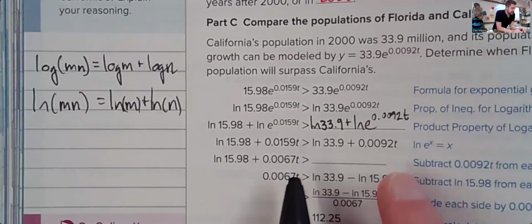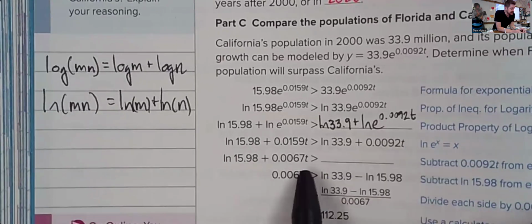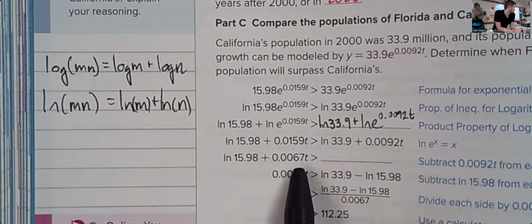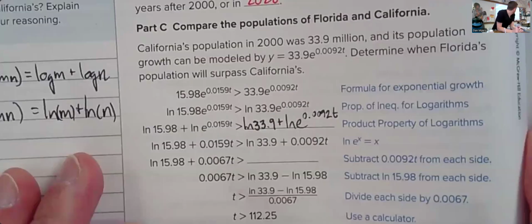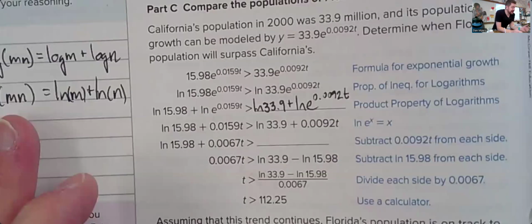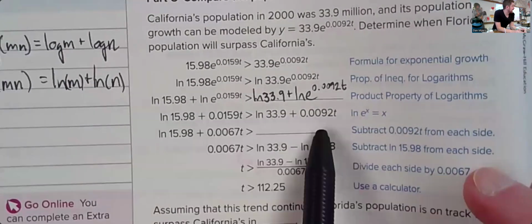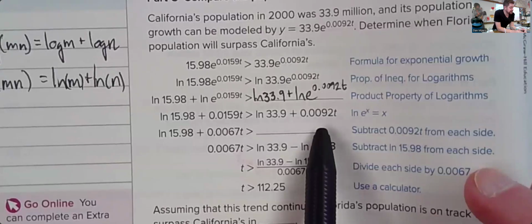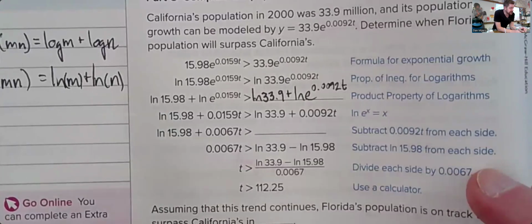So what's happened between this line and this line? It tells you on the right. Now that we have a regular equation, we're just solving for t at this point. So we can just subtract